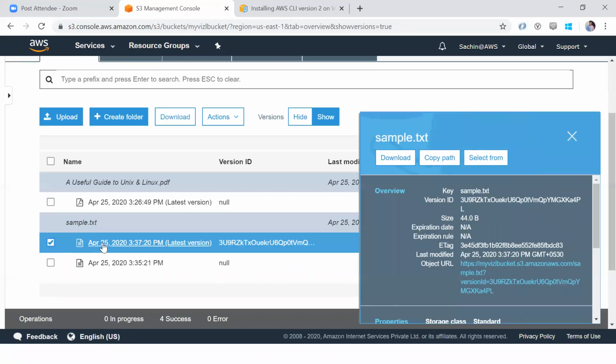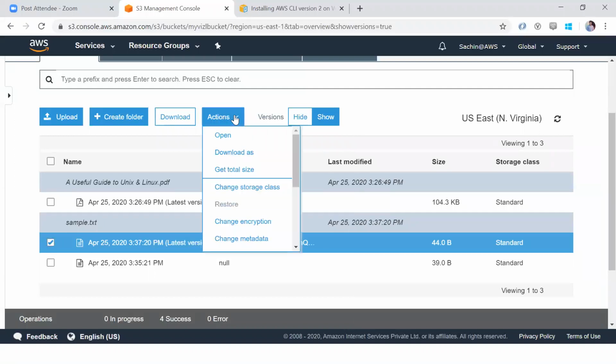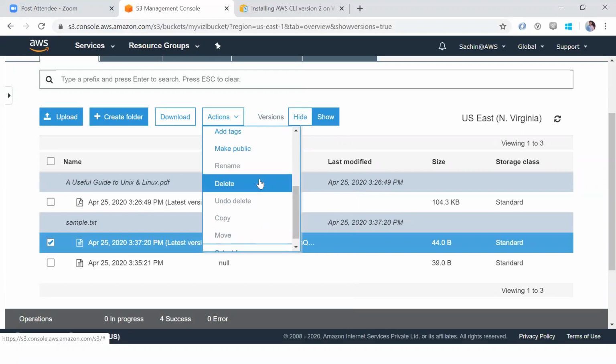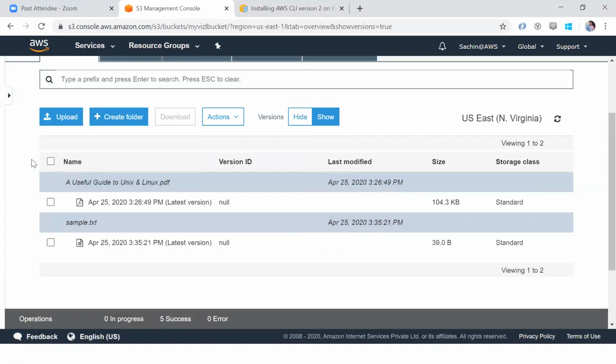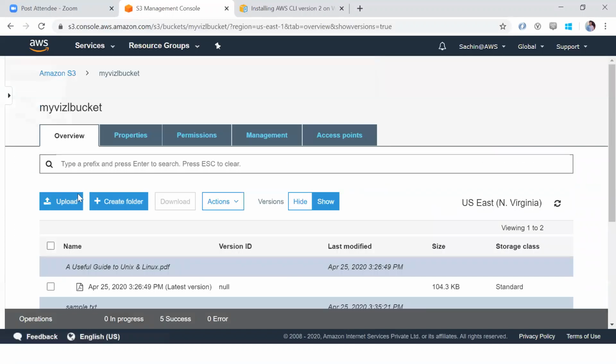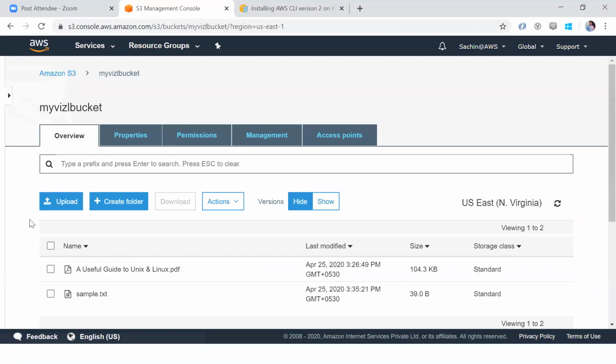Let's go ahead and try to delete. This text whichever comes gives you just normal details and these options. So go to actions, delete it. Now I have deleted this file. Now when I see the versions,